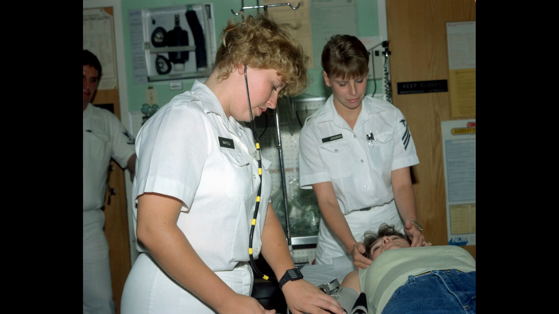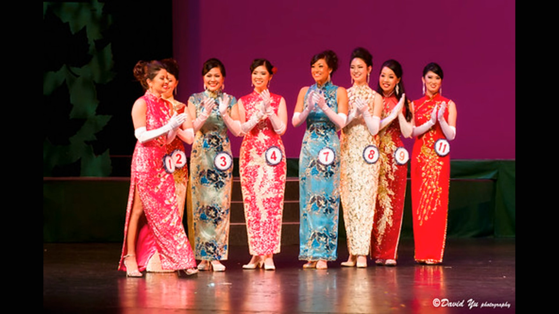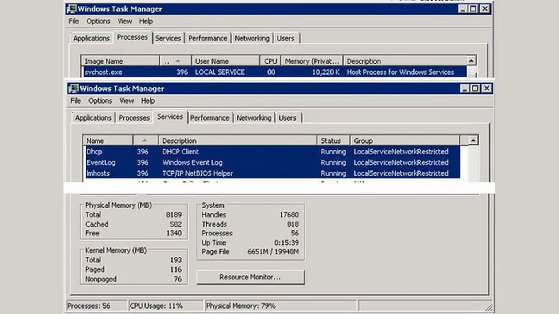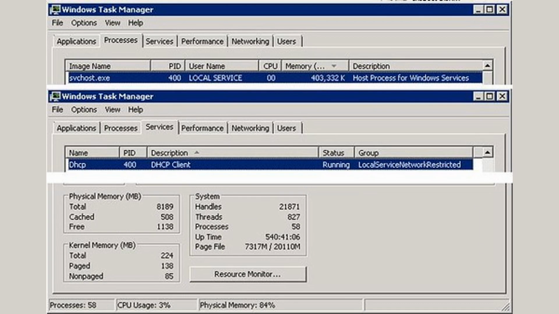4. Monitoring and logging. Monitoring and logging of DNS and DHCP services can help administrators identify and troubleshoot issues quickly. This includes monitoring DNS queries, DHCP leases, and server logs. 5. Documentation. Proper documentation of DNS and DHCP configurations and procedures is essential for effective management. This includes documenting IP address assignments, DNS zone configurations, and DHCP scopes. By following these best practices, administrators can ensure that DNS and DHCP services are managed effectively, resulting in improved network performance, security, and reliability. In the next segment, we will discuss the tools and technologies used for managing DNS and